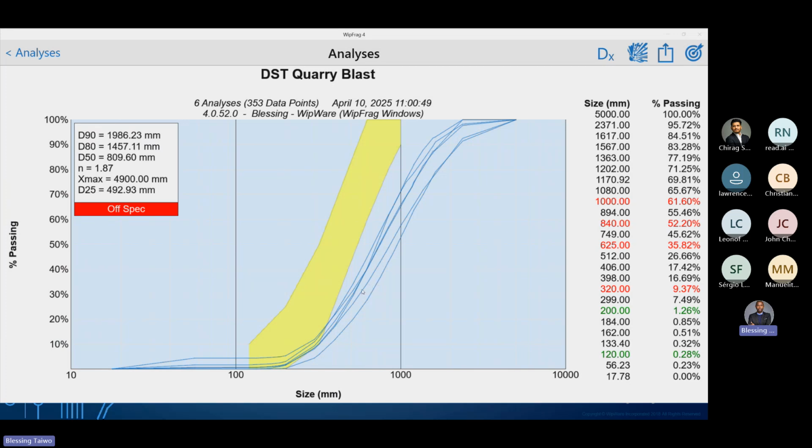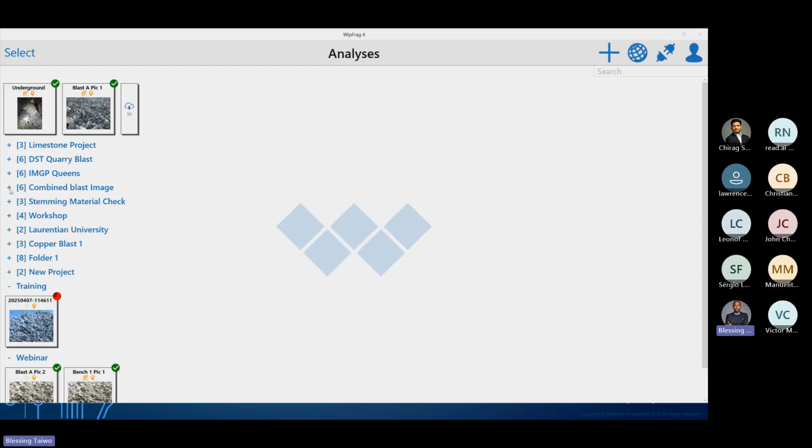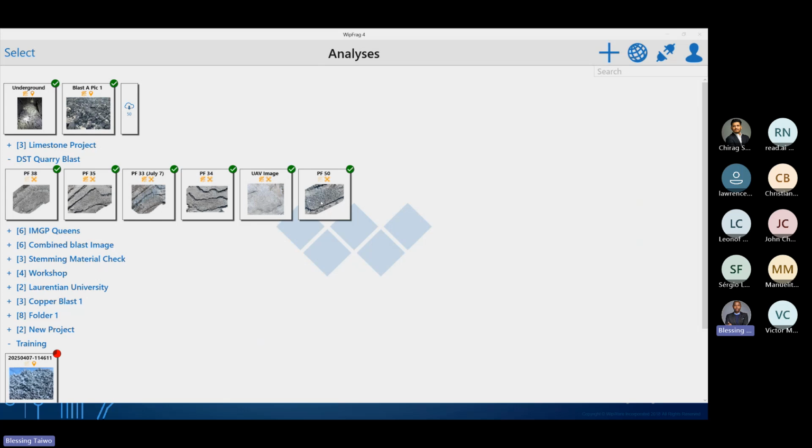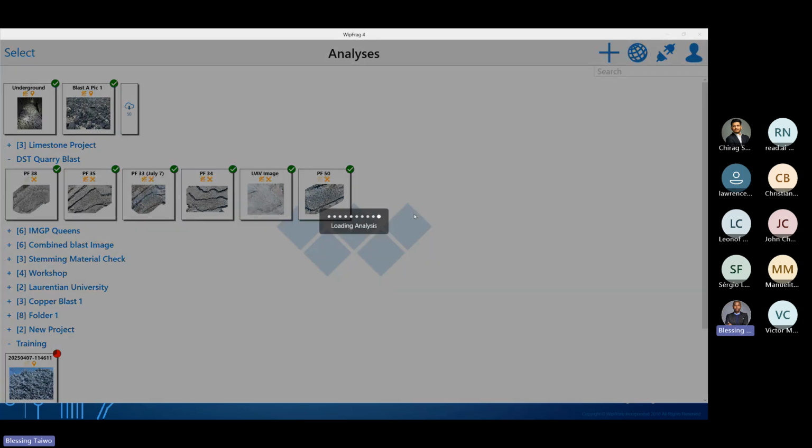Then the first thing we do is to change the stemming material. We increase the stemming material size to confine the blast energy, and we start having an improvement. Then after that, we increase the stemming length, and currently we are here, and we want to shift the curve such that 80 percent of the material being blasted can go directly to the crusher, because currently any material bigger than the crusher inlet is being handled by a hydraulic breaker in the mine. So this is an overview of what the image looks like for this continuous improvement study.